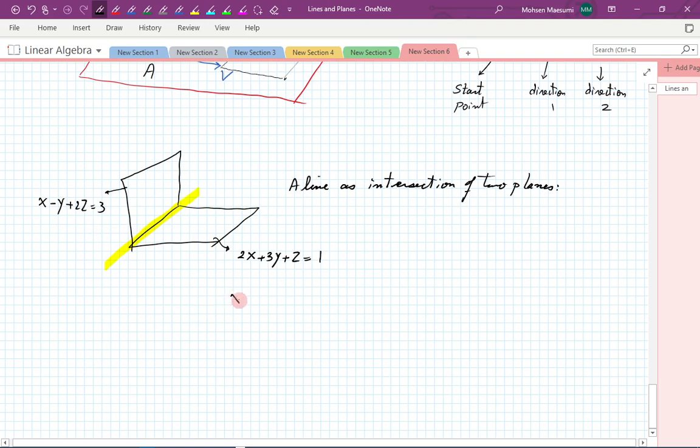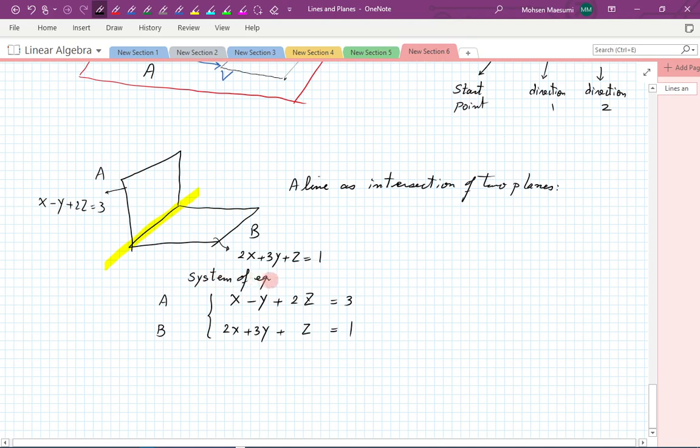So let me write the two equations. x minus y plus 2z is equal to 3, and then 2x plus 3y plus z is equal to 1. So let's call this plane A, plane B. So this was my plane A, this was my plane B. So the points that are sitting on this line, well, they are in both planes. So the x, y, z of this satisfies both of these equations. So x, y, z of this satisfies a system of equations. So this is a first example of a system